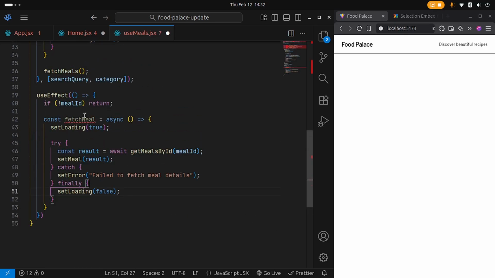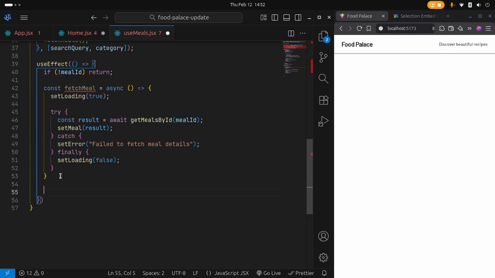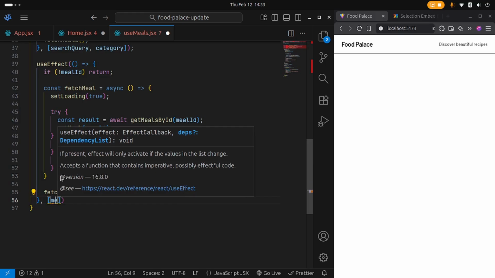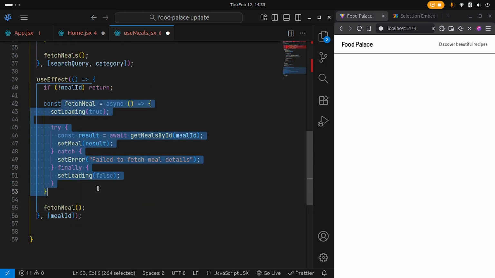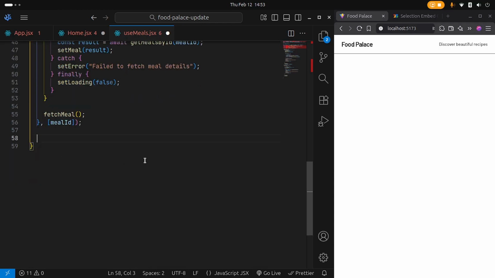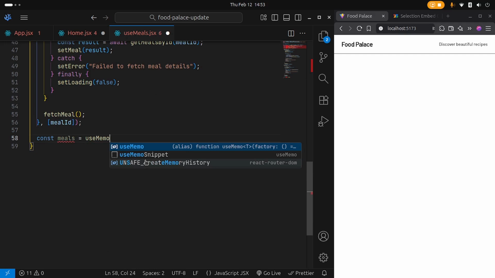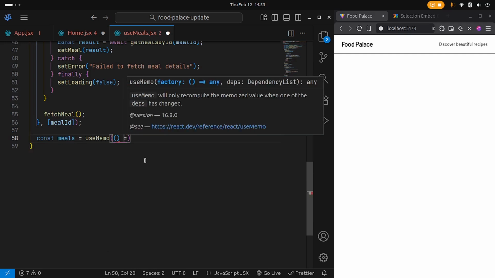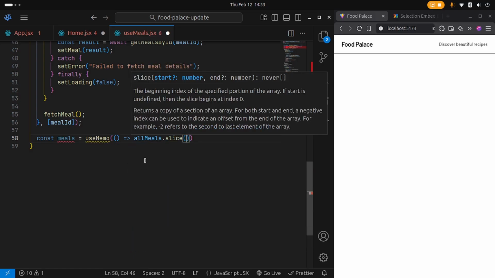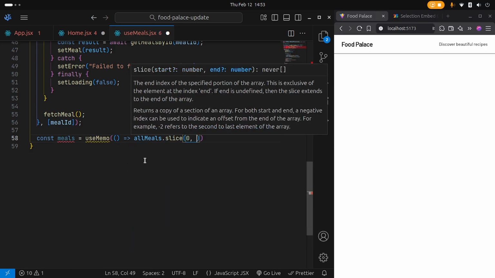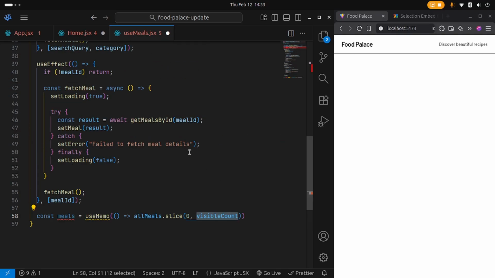Now, of course, remember that we have created this function, so we need to call it right here. So fetch meal, and then for the dependency array for this use effect, it is going to be dependent on the meal ID. So when you get a different meal, then you want this to fetch the details for that particular meal. Now, meals is going to be memoized, so use memo, so that we don't have to refetch it every single time. So we're going to go ahead and return all meals dot slice, and we want to slice the first meal, so index 0, up to the visible count, and the visible count, remember, is equal to